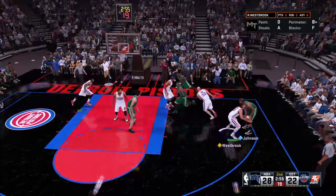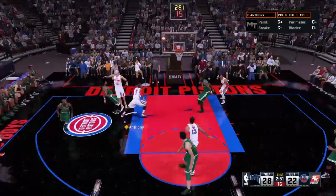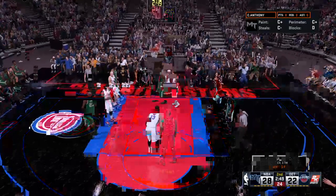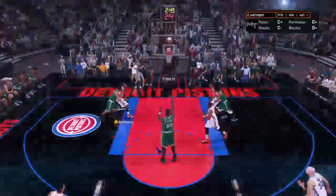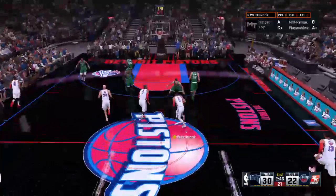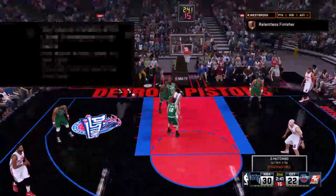Jordan the screen. Irving drives in over Kidd. Here's Mutombo. And so he draws the foul. Question, he got bumped on that shot. Yeah, the officials didn't need to talk that one over. It was obvious. And so Mutombo nails both of them. So here's Westbrook. He's had some playing time, but no scoring yet from him. Here in the second quarter, just under